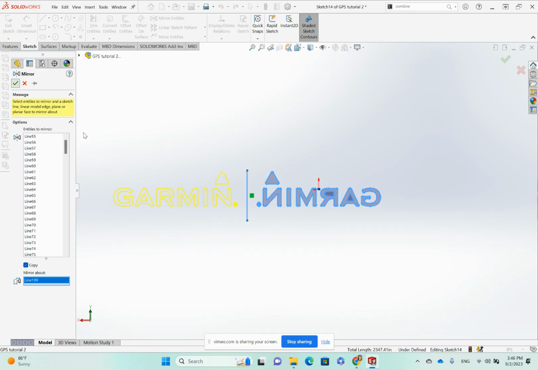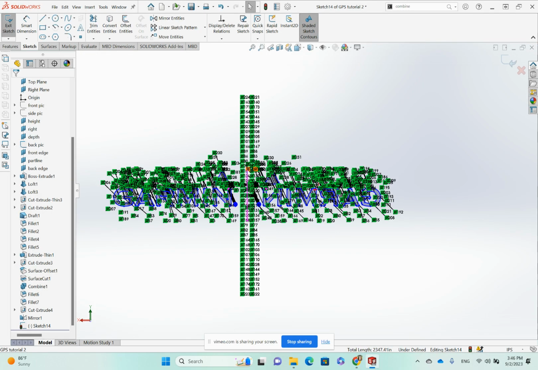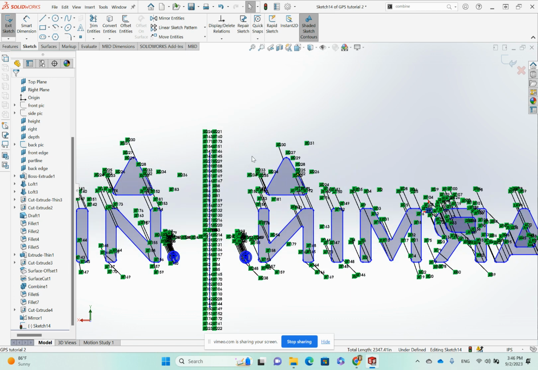Now I'm waiting to see if it'll work. There's so many little lines, so it's taking it a long time. Oh, it still looks weird. Well, I think it'll still be okay. So let's see